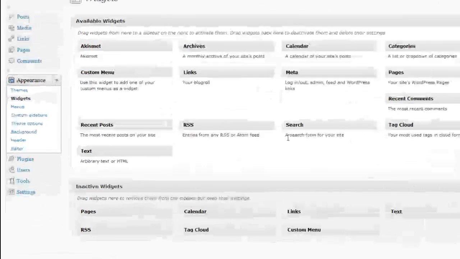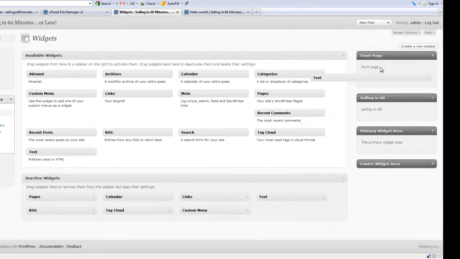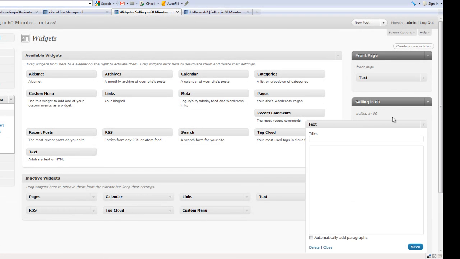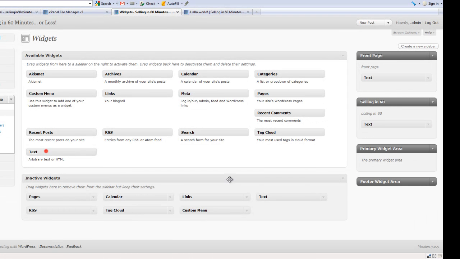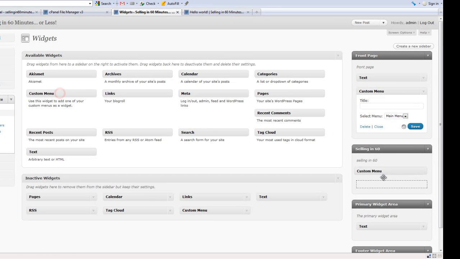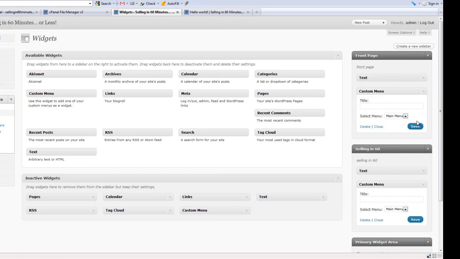What I do want is to put a text widget into each one of these widget areas, and each one of these text widgets is going to hold our opt-in box, right? So that's where we're going to put our little opt-in code. Then we're also going to add custom menus to each one of these, right? So it's going to go opt-in box and then custom menu directly underneath it, and